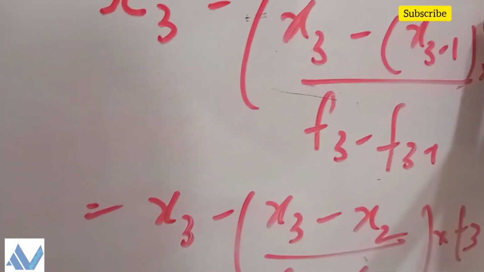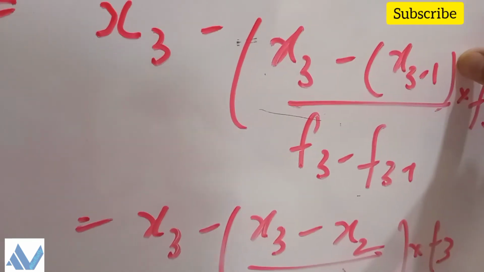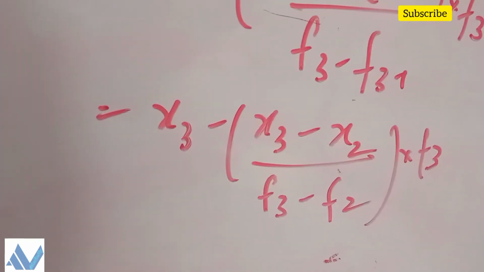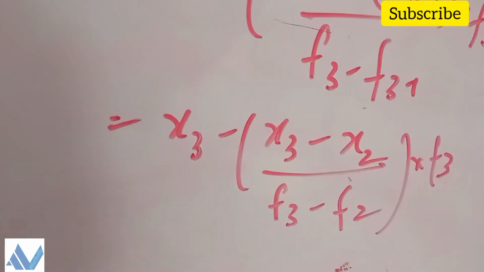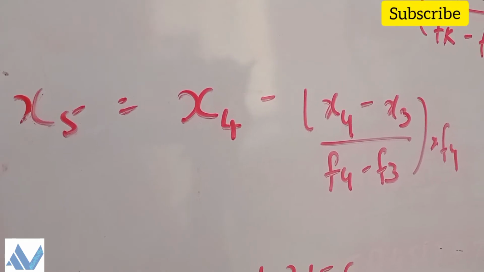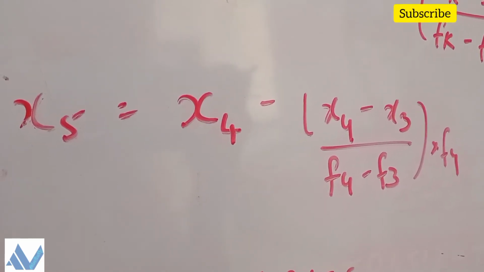This bracket is for my understanding, but there is no bracket in the formula. So now we substitute. Next, to find the x5 value, I have written the formula, and after calculating and